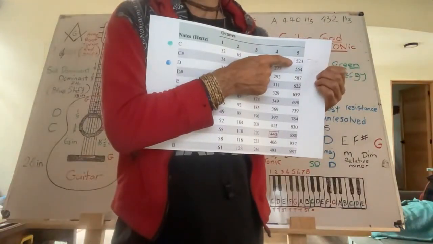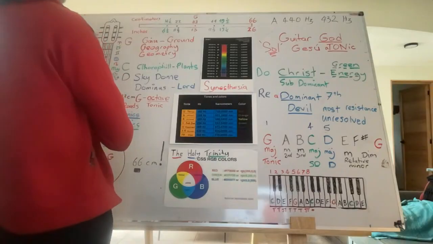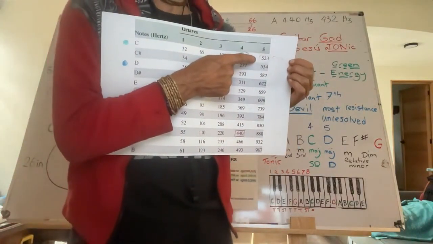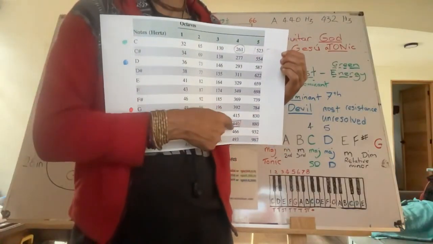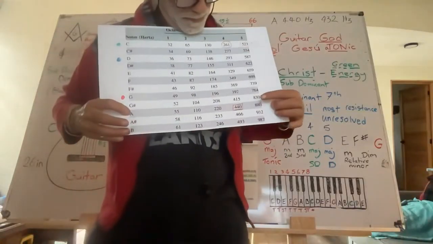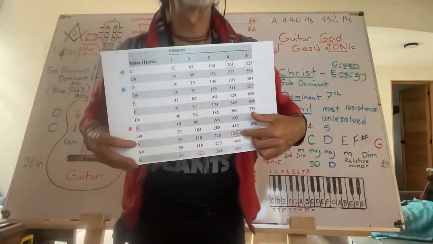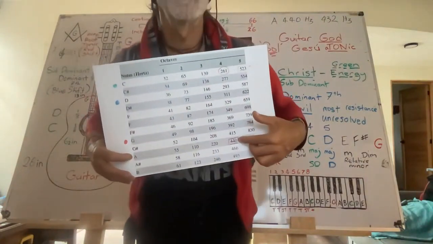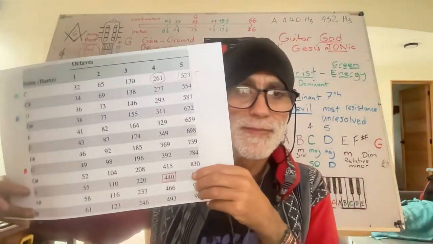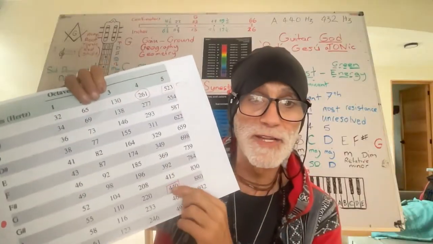Now, did I put that there? No, I didn't. Okay, 528 is the true. That's what it should be, okay? And 440 for A is only a modern thing. It's only been around for about 80 years. Okay, the Rockefellers implemented it. This is a Rockefeller tuning, guys. And if you know anything about the Rockefellers,